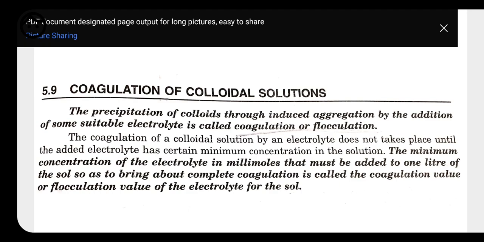So how do we prevent the coagulation process? Prevention can be done using what we know about lyophilic and lyophobic solutions. Lyophilic is a highly stable type of solution, isn't it? So the lyophilic solution helps the lyophobic solution to avoid getting coagulated. Whenever we add a lyophilic solution into a lyophobic colloidal solution, it forms a layer around the lyophobic particles, and it does not let the lyophobic get precipitated or coagulated. Here we have one rule given by a scientist, called Hardy's rules.